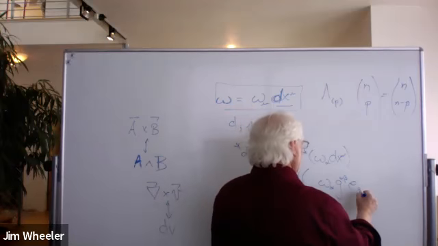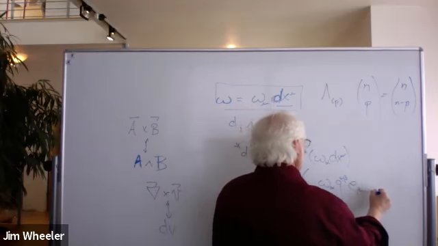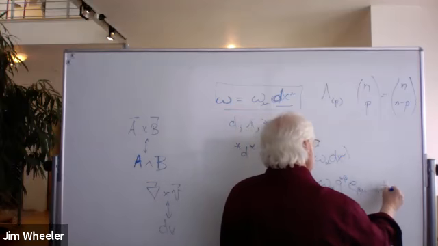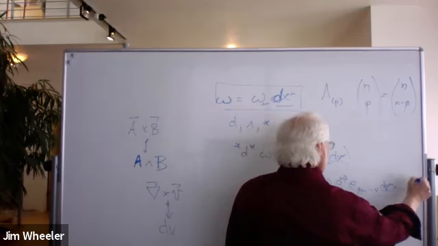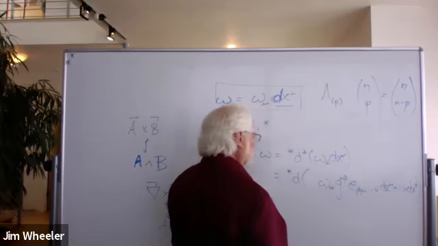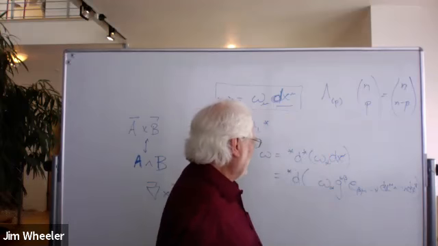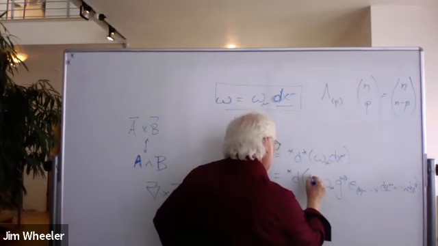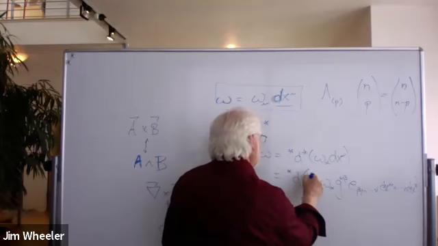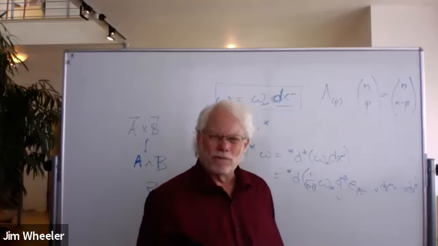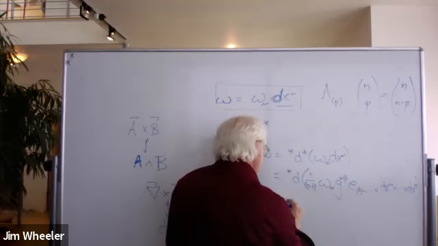Okay, that's saturated. And then we have mu through nu dx mu through dx nu. Okay, well, how many of them? n-1. We started with a one form, so we've produced an n-1 form. Now we take d of that,